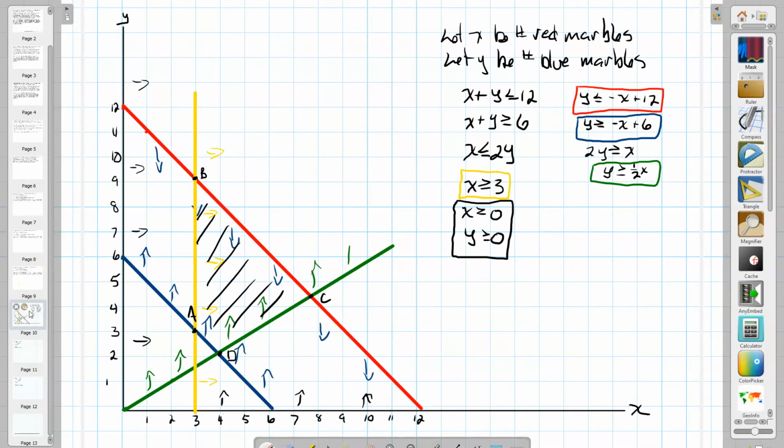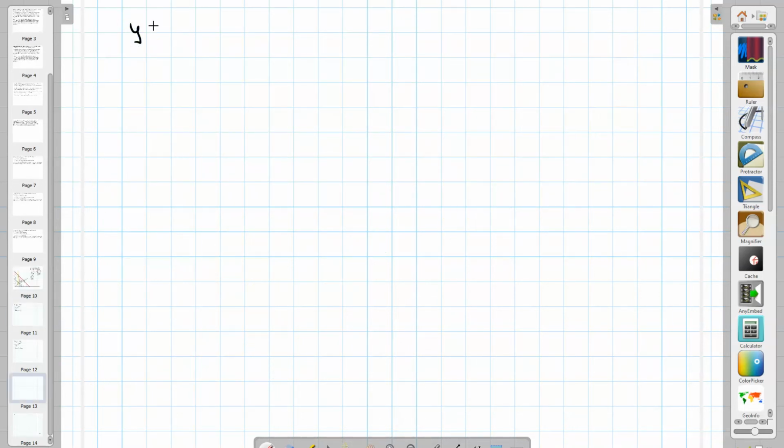Going back to our graph again, let's look at vertex C. Vertex C is the intersection between the green line and the red line. So the red line, y less than or equal to negative x plus 12, and y greater than or equal to 1/2 x. Now in this case, we've got two equations and two unknowns in both equations. So the rule says that if that circumstance happens, we want to use the comparison method. So in this case, we take the 1/2 x